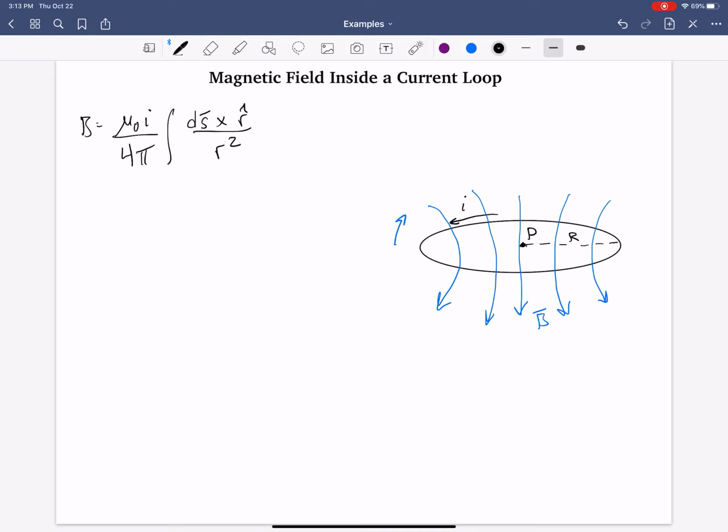And if we want to find the field at point P, we have to evaluate that cross product. I know it looks hairy, but it's really not. So this loop, this wire, is of some total length. It's the circumference of that circle, total length of 2 pi capital R. But we have a bunch of ds's, a bunch of wire segments